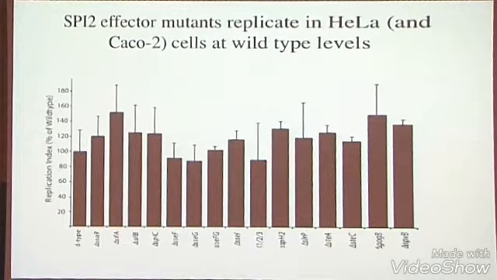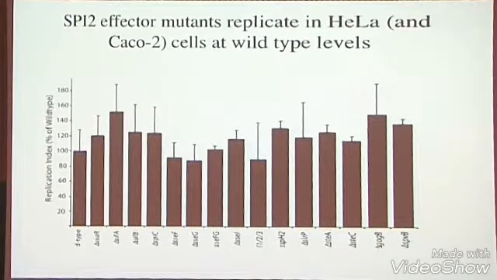So in these days of systems biology, one is always thinking of ways of trying to figure out what the heck all these things do. And Michelle Buchner is a grad student in the lab. She basically took all the known SPI-2 mutants before we just did that study and made a mutation in each one of these things. And the idea was to systematically compare them all at one time through a bunch of different screens.